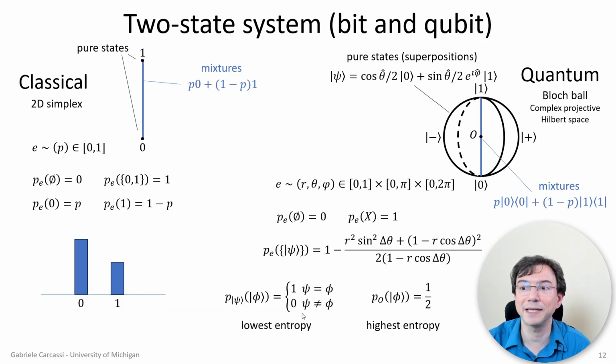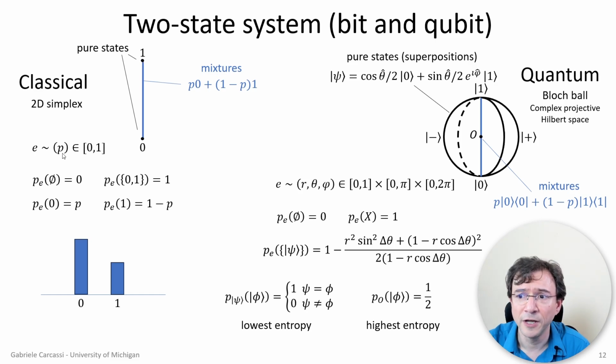So now let's give you an example of how this actually works. The simplest classical case would be two states, and we get the simplex, that is the space of all possible probability distributions. It's either the two-dimensional or one-dimensional simplex, depending on how we define the dimensionality. But the idea is that one end is one possible state, the other end is the other possible state, and then you have here all the possible probability distributions that are just given by a single number, right? So here you would have 100% in 0, and here you would have 100% in 1.